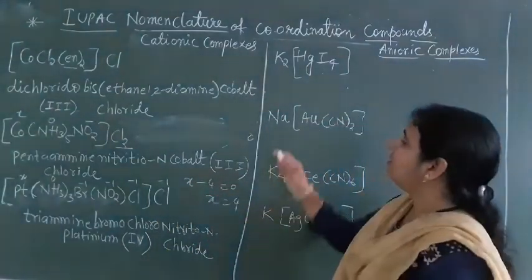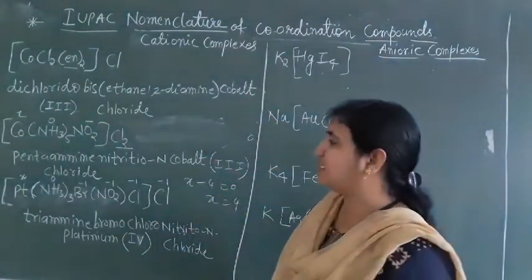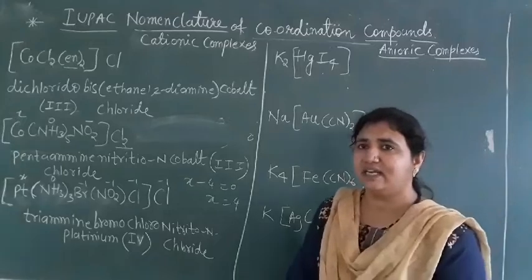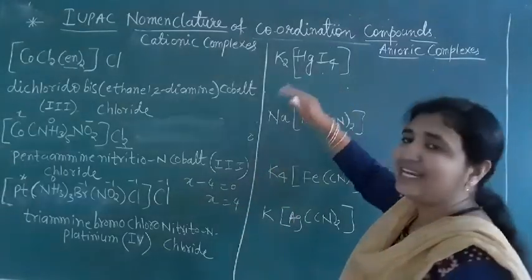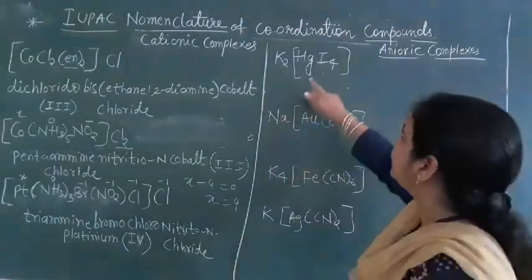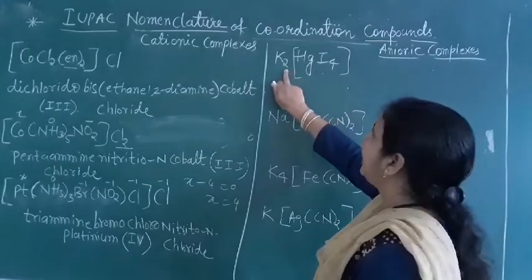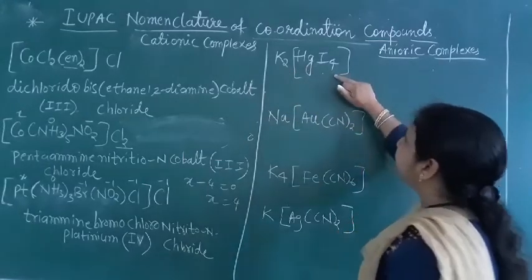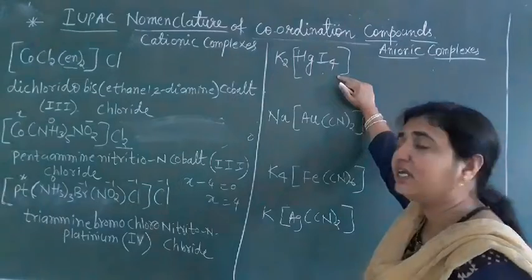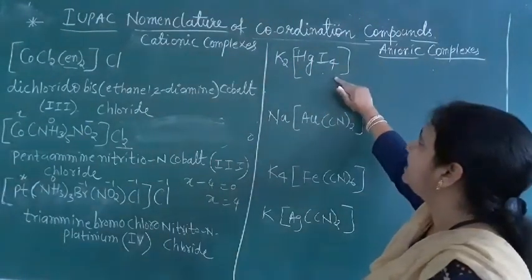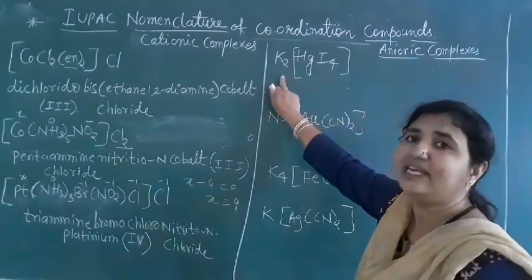So next, now come to here. These are the cationic complexes. Still many examples are there; we will see them. Next we have anionic complexes. In anionic complexes, see here, this is a simple cation and a complex anion. Simple cation and complex anion. First write down the cation name.